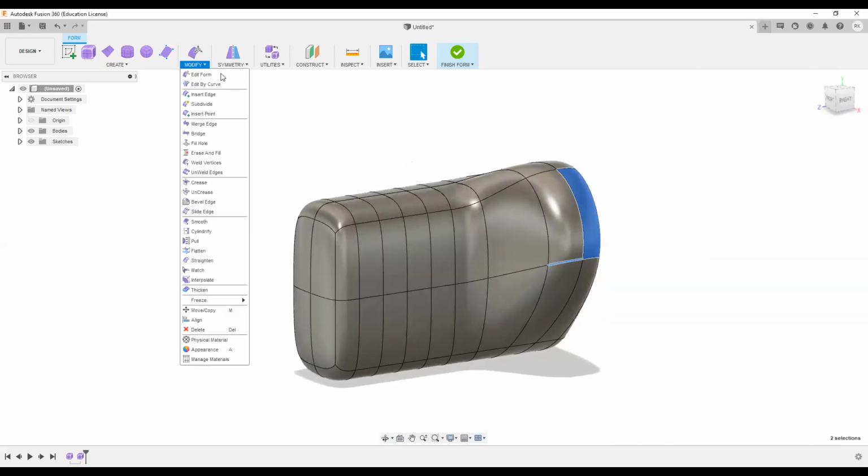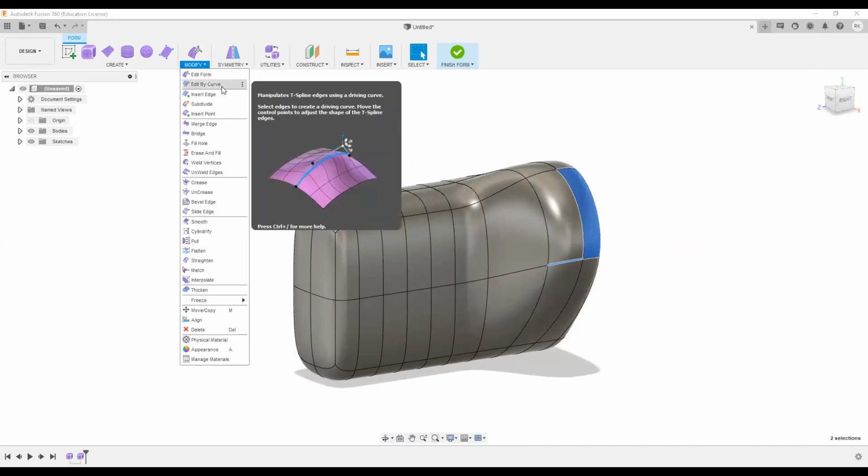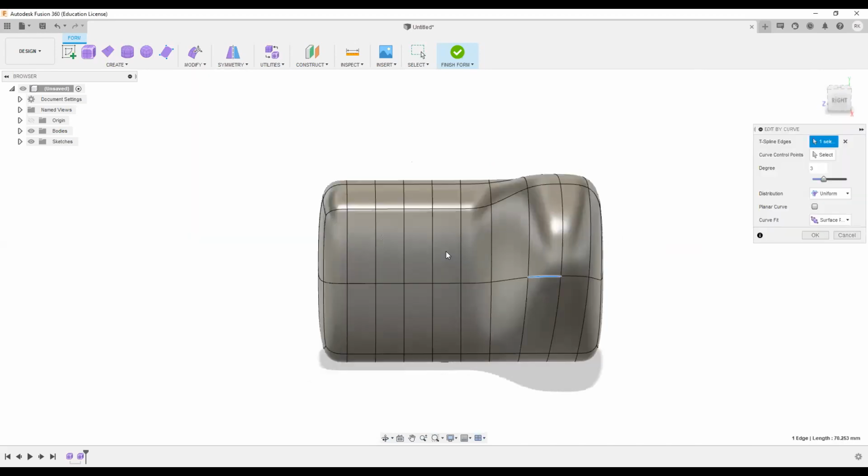And now there is the edit by curve thing also. If I have a curve on my particular sketch, I can edit that curve.